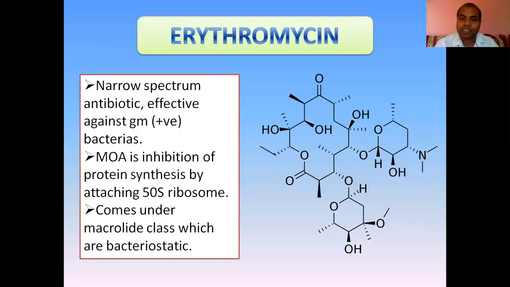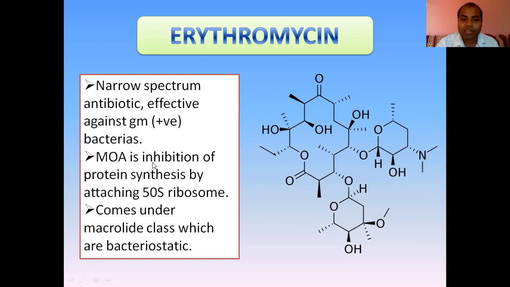So first of all in this class is erythromycin. Erythromycin comes under the class of macrolide antibiotics. Macrolide means macro, that means bigger. So if you see the structure, this is a very big structure. The molecular weight is near 730 or 733 gram per mole. This is a narrow spectrum antibiotic, generally effective against gram-positive bacteria. And this antibiotic erythromycin, along with the others of the class, that is clarithromycin, roxithromycin, azithromycin, are very useful for respiratory tract infections like pharyngitis or other infections of the respiratory tract.